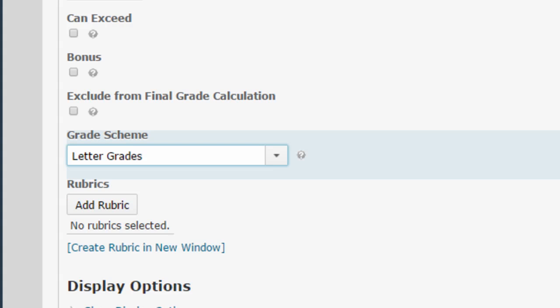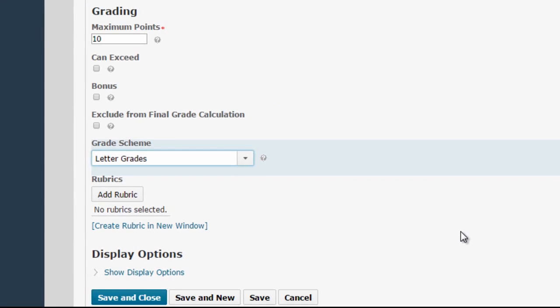You can also change whether or not this scheme is displayed for a particular column, just like you can change whether or not points or colors are displayed for any particular column. Now let's say that normally I want my students to see their point total or their percentage, but for this particular column, I only want them to see their letter grade. I would do that by making sure the letter grade scheme is selected from the Grade Schemes drop-down menu. Then I would click Show Display Options,